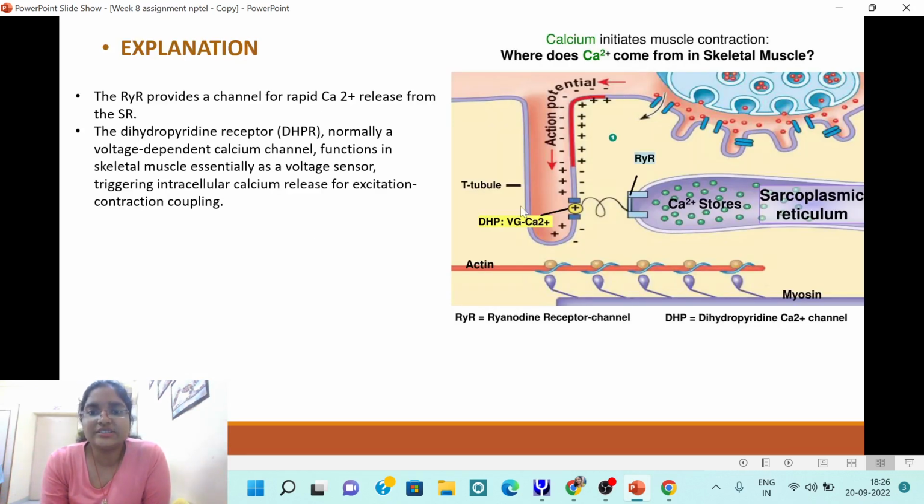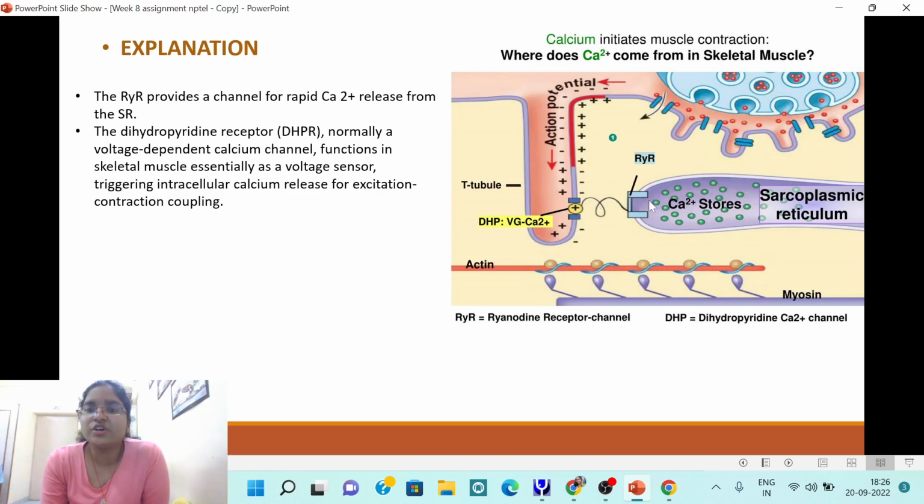So here you can see in this figure there are these two sensors called the RYR and DHPR. RYR provides a channel for release of calcium ions from the sarcoplasmic reticulum, whereas DHPR acts as a voltage dependent calcium channel which functions in the skeletal muscle as a voltage sensor, triggering the calcium release